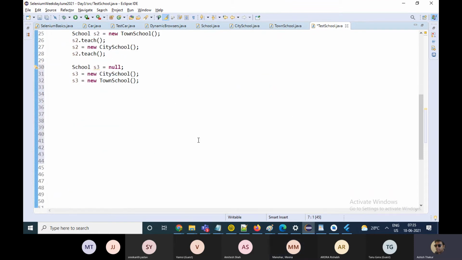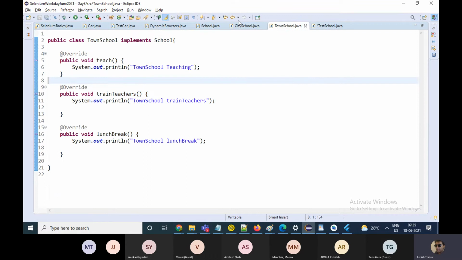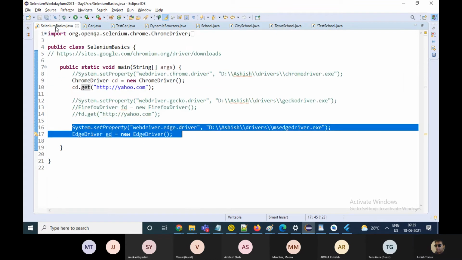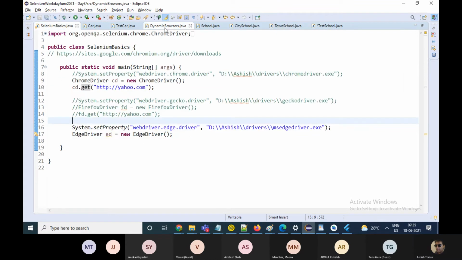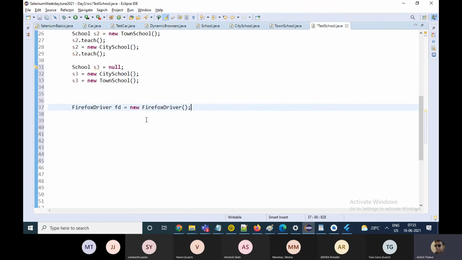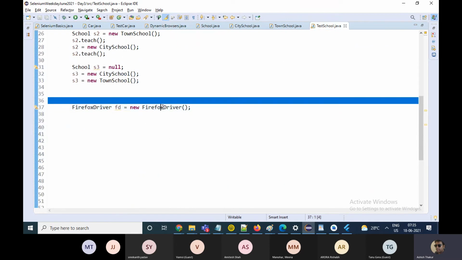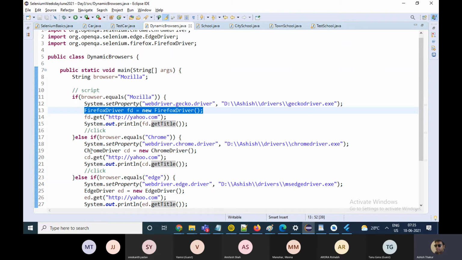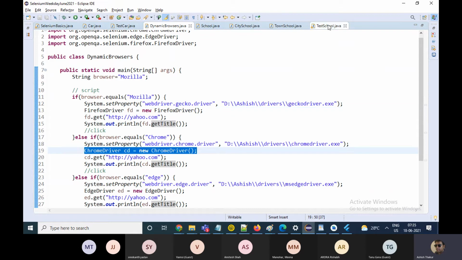Because till now we have been creating objects in Selenium something like this. We had created objects like Firefox driver equals new Firefox driver, or Chrome driver equals new Chrome driver.